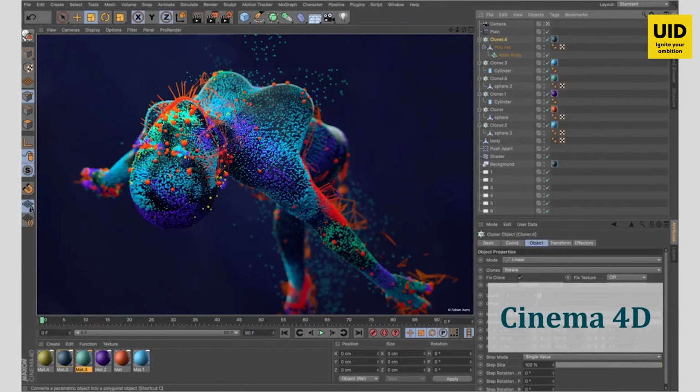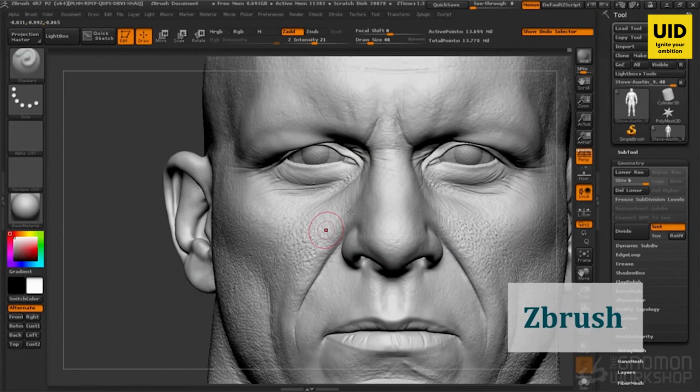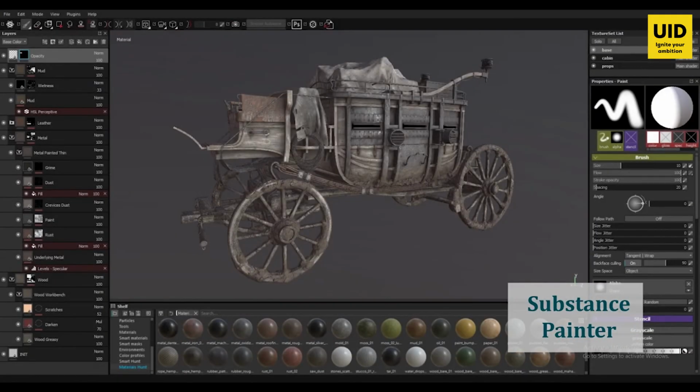So moving on to Cinema 4D, another 3D package that helps you to create stunning 3D graphics. Then we have ZBrush. It's a 3D sculpting application, again very popular in the industry, that empowers artists with greater sculpting flexibility. Substance Painter, an industry leading 3D painting software where you can paint textures on models in real time. It was originally developed for the game and the film industry.